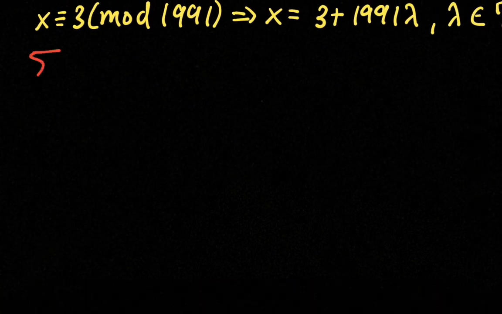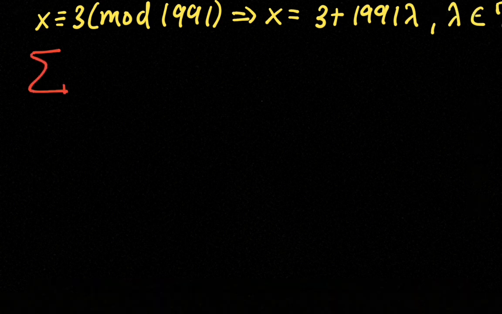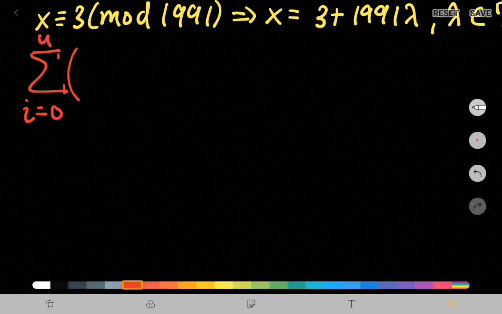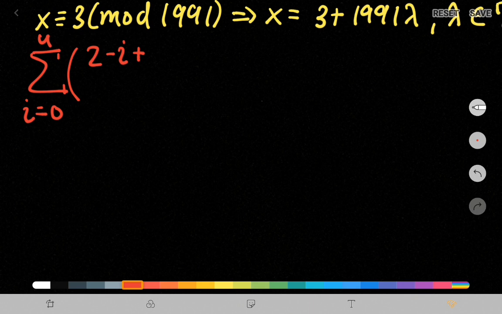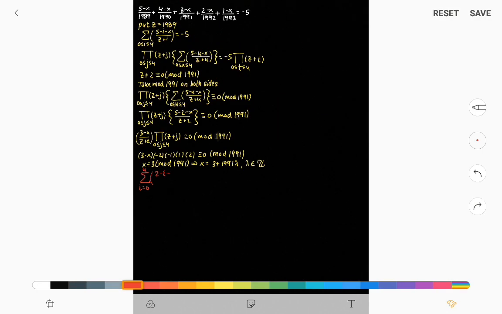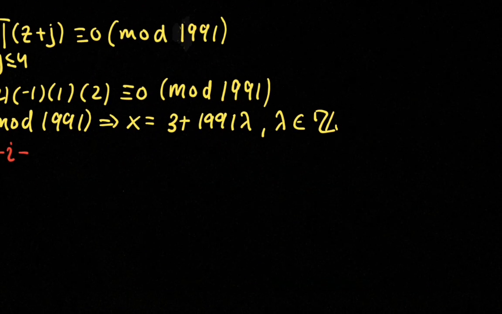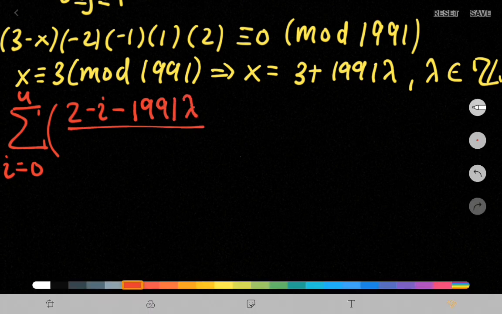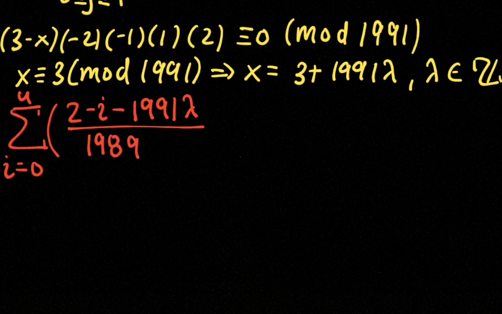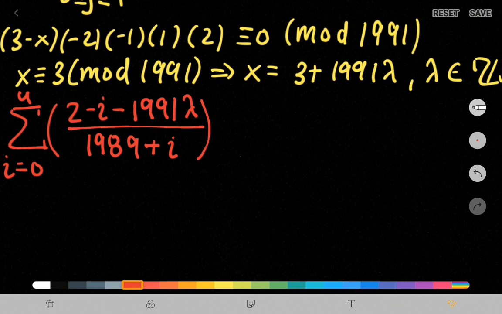So put x equals 3 plus 1991 lambda in the original question, and we will be getting the summation, i starting from 0 going till 4 of (2 − i − 1991 lambda)/(1989 + i) equals −5,